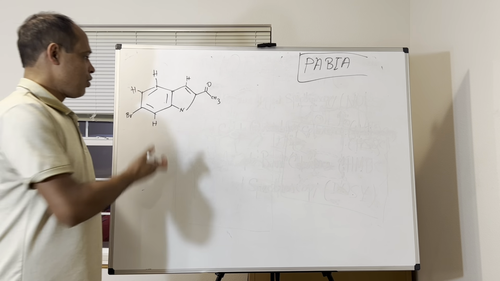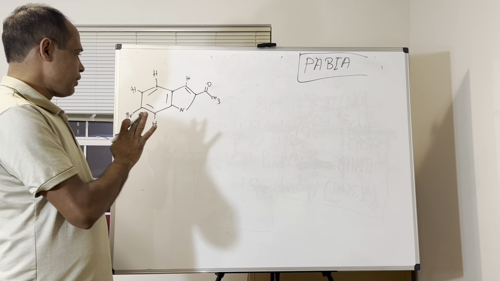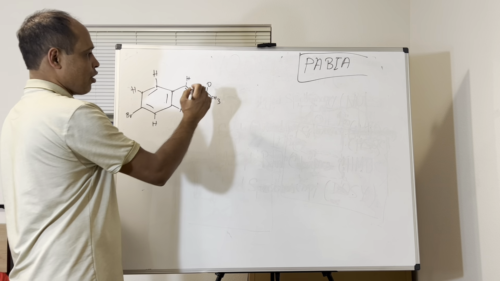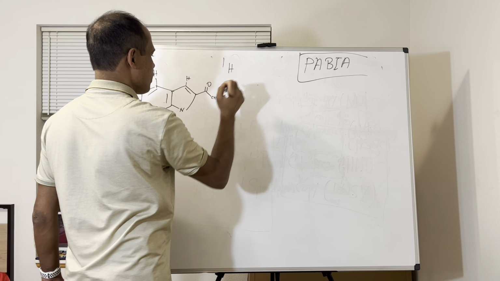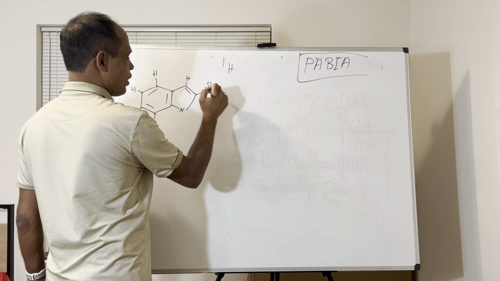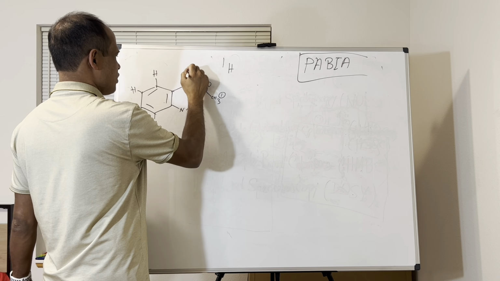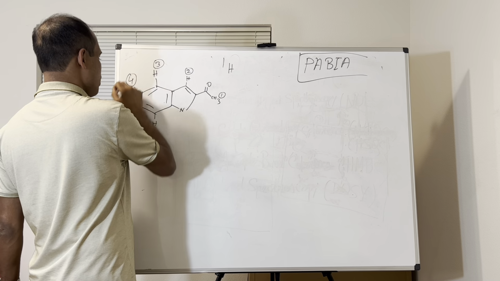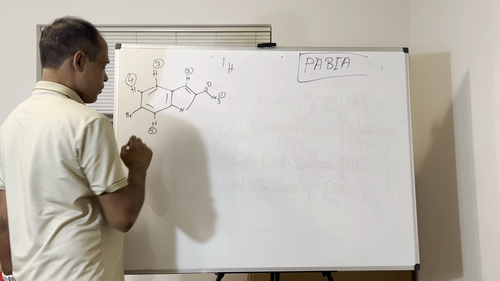Okay, so this is simply the structure. Now you will take the proton NMR, the single proton NMR, and you will see how many types of protons. Definitely this is 1, this is 2, this is 3, and this is 4, this is 5. Okay,